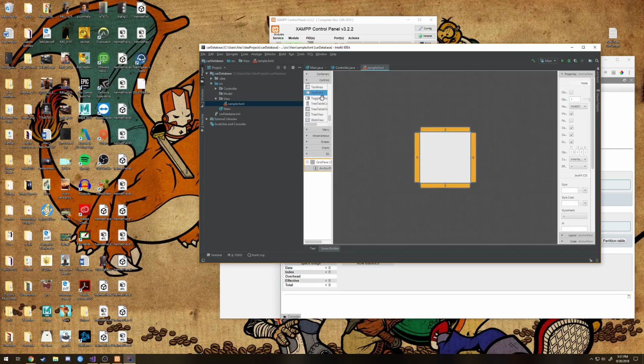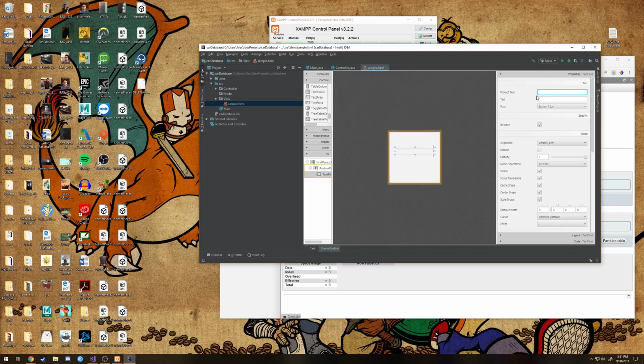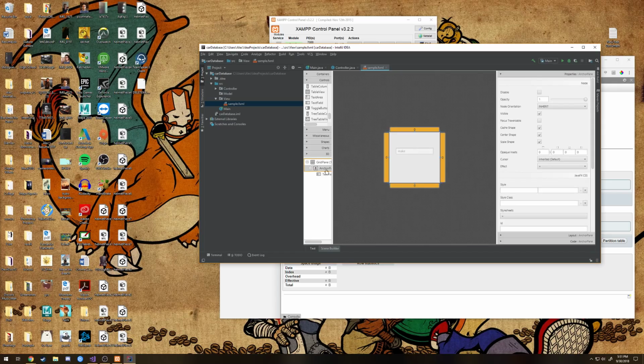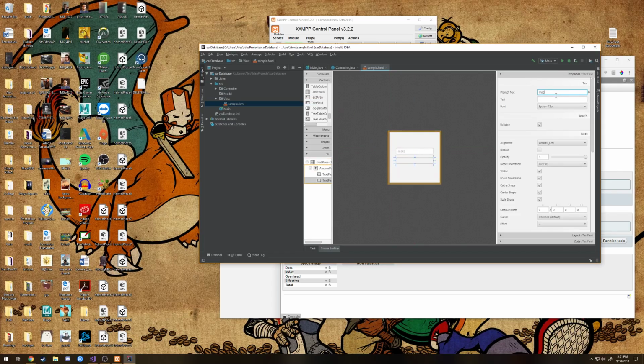Controls. Scroll down to the bottom. Add a text field. This is the prompt text. We're going to do make. Go ahead and drag in another text field. This is a model text field. Year. And then